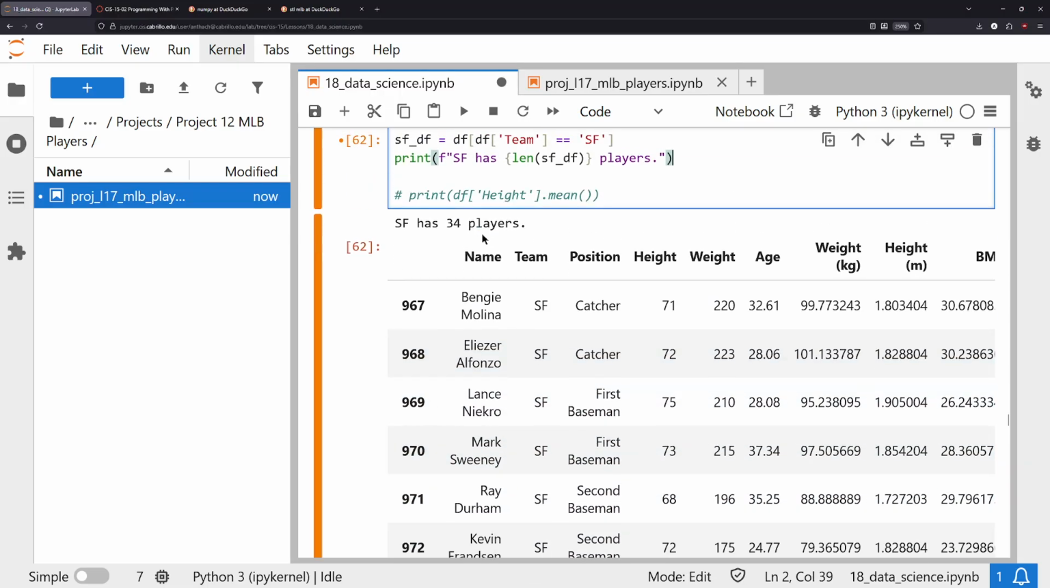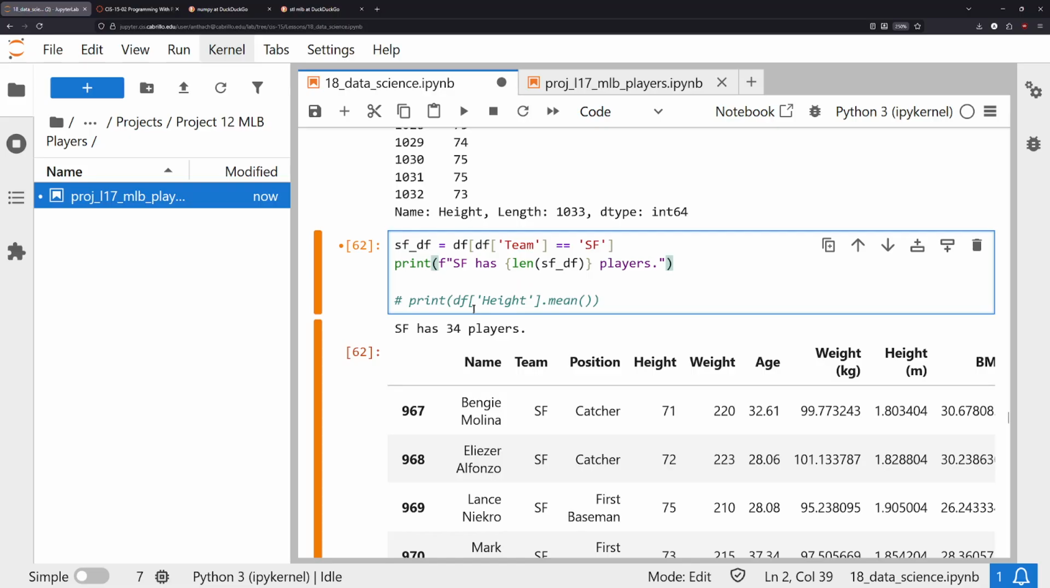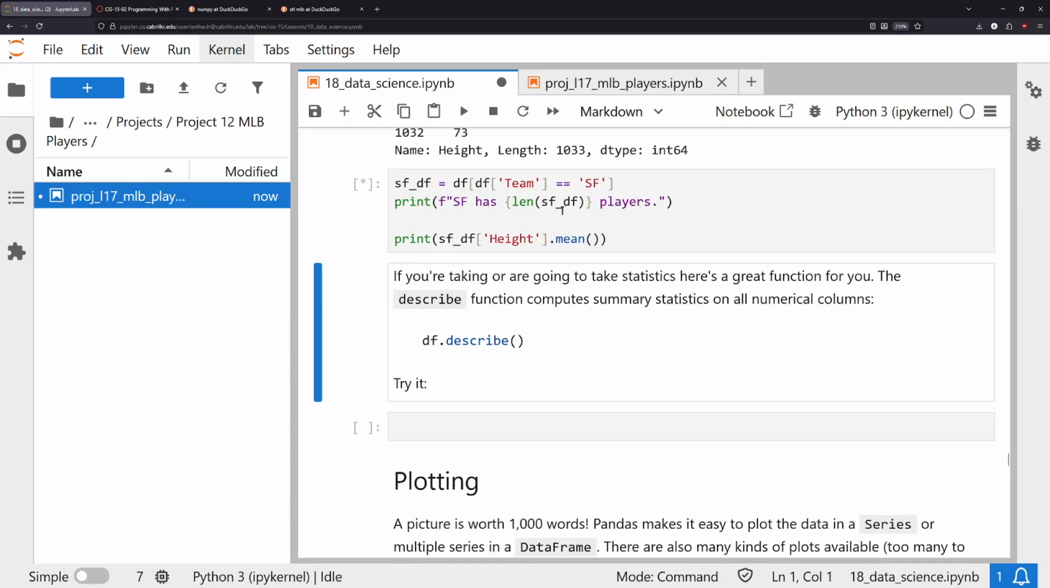So if we wanted to perform some math on it, like calculate the mean, we would just have to reference this San Francisco data frame instead, because this is now the smaller filtered one. So here I could go SFDF and then look at the average height of the San Francisco players. In this case, the average height of the San Francisco players is